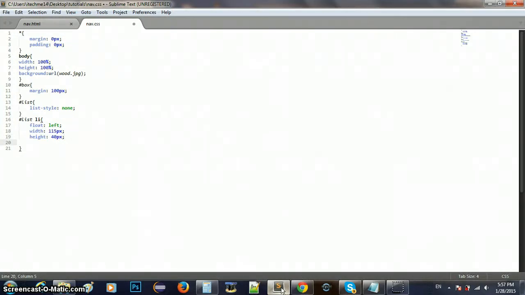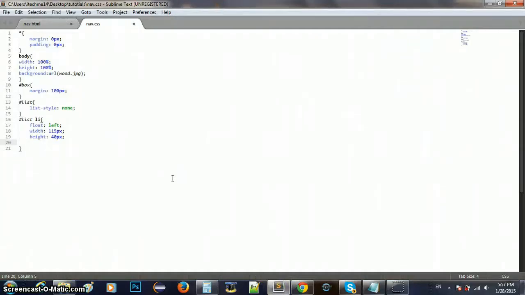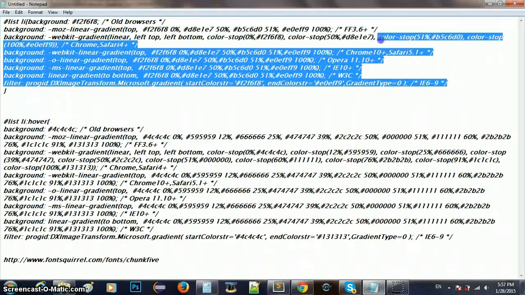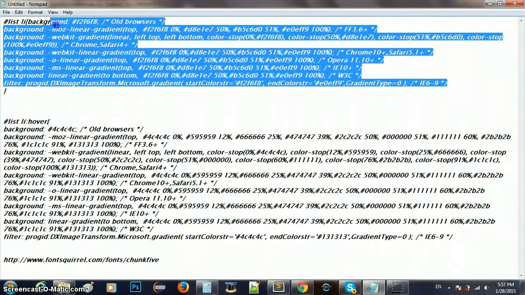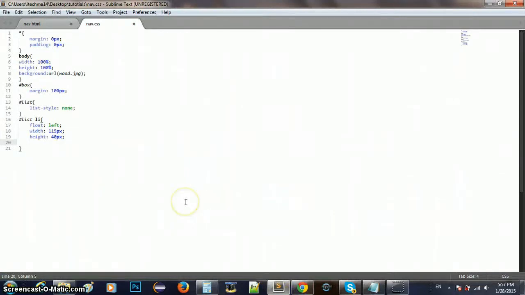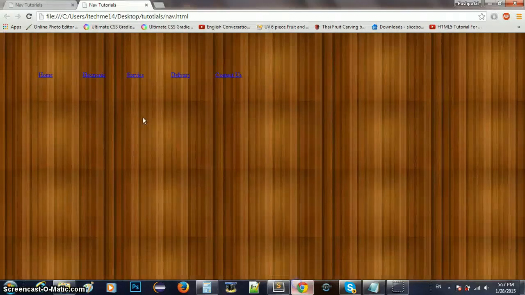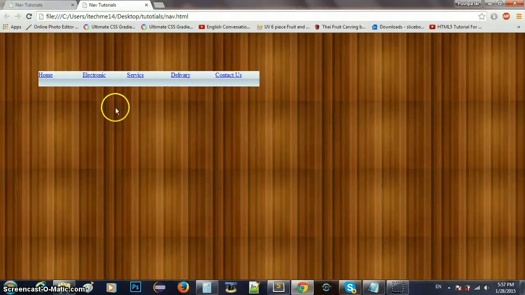Now if you don't give a background, it will not show up in here, so let's give the background to this so it looks nice. For the background I have the gradient color, copy and paste it. Let's save this one here and go back to refresh. Okay,